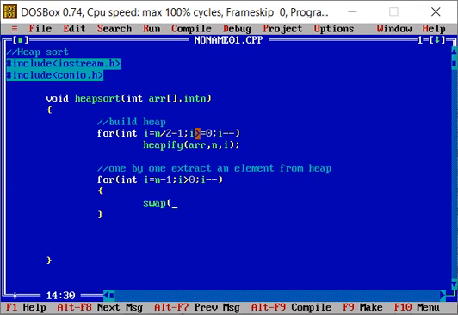We'll swap the first element and the last element. Why the last element here? Because we are starting the loop from n minus 1. If there are 5 characters and we are starting from 0, the last element will be n minus 1. Okay, so first and last will get swapped.